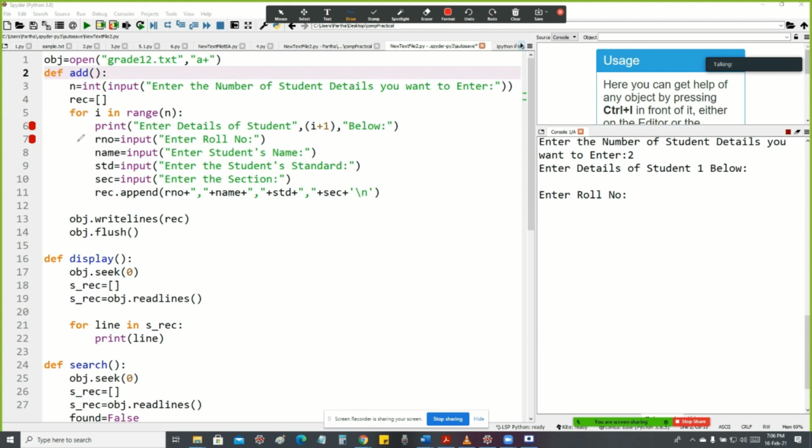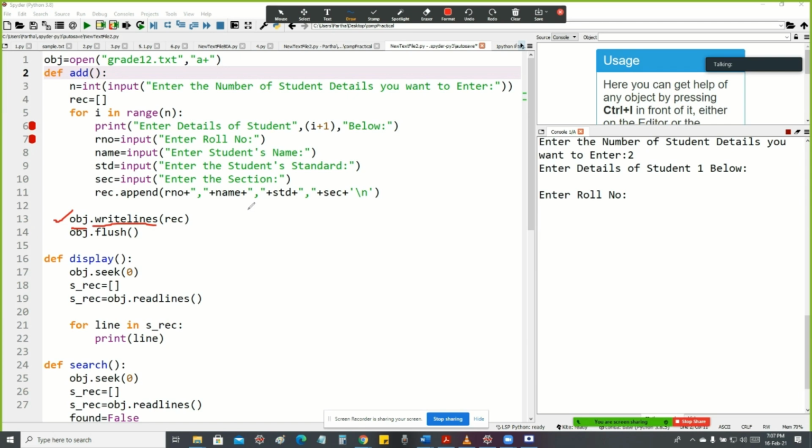Here all the details of the student, that is roll number, name, standard, section, will be appended to the record rec in the form of a list with the help of the append function and the plus operator. After appending all the details in the record, here I mention the statement obj.writelines of rec. obj is the file pointer. So what is the use of the writelines function?